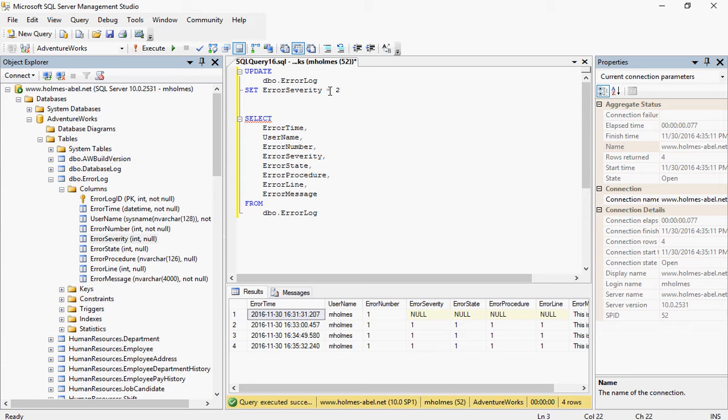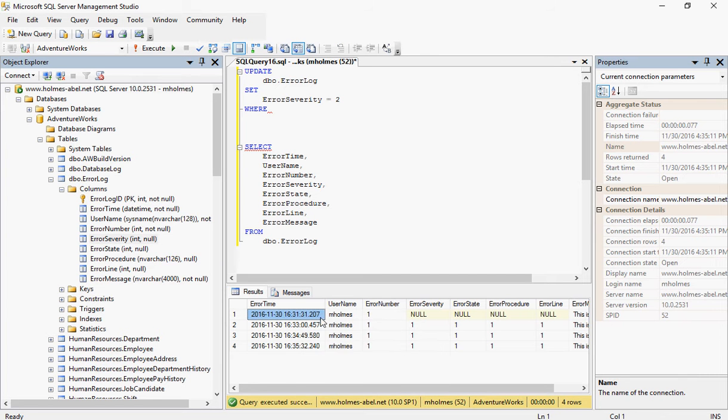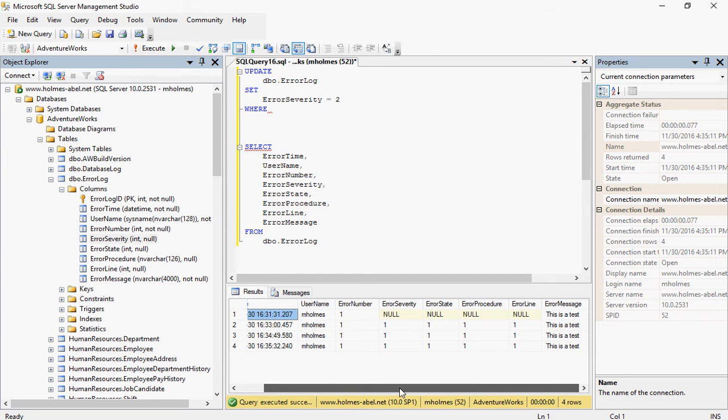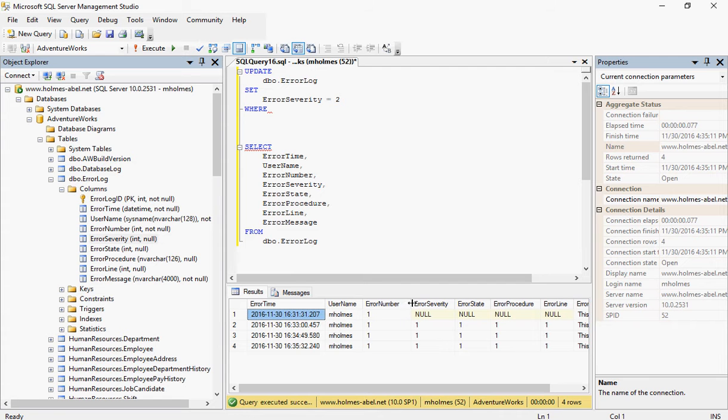to equal to, and then I want to use this date right here, because this date's pretty much the only unique identifier that we have, because error number is not unique, obviously username is not unique, and none of this is unique except for this error time. So let's go ahead. The only other thing that could be possibly unique is the error log ID, but I want to use the